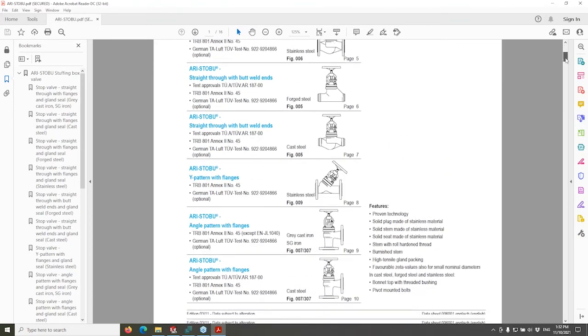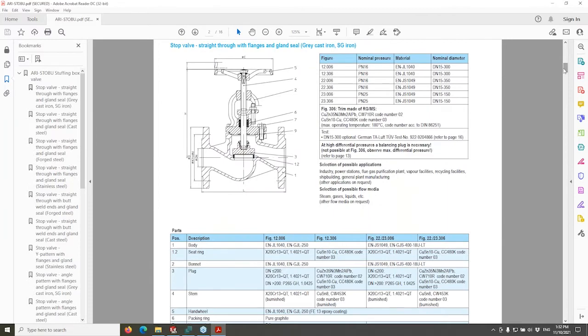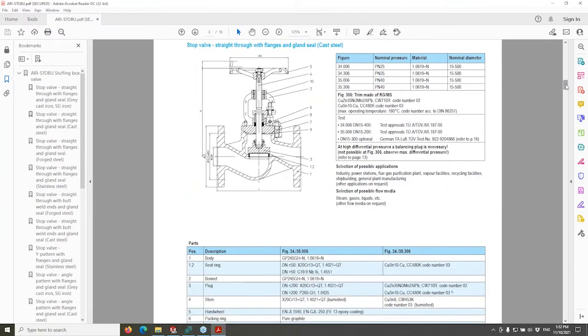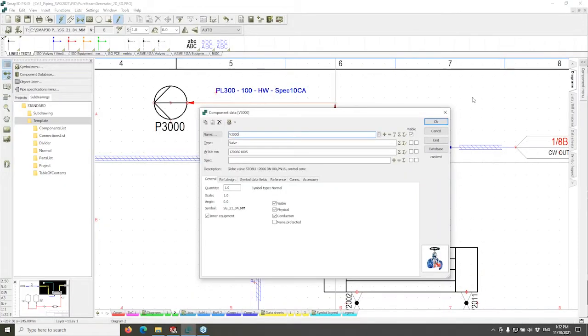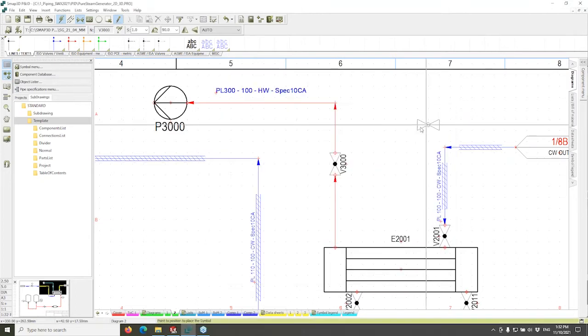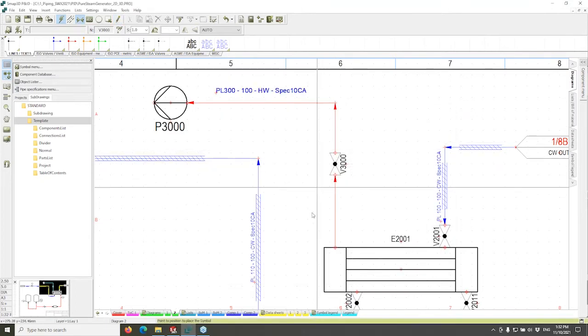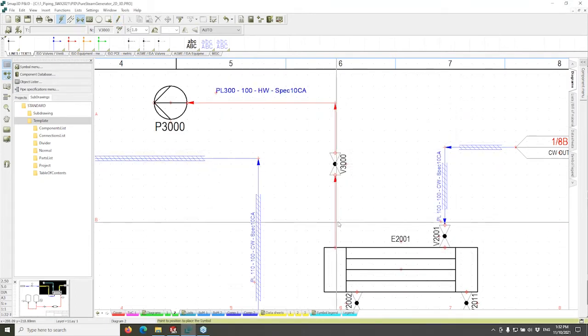And so I see the spec sheet from the manufacturer that has all the details right there. I don't even have to do a web search. It's right there at the engineer's fingertips anytime that they would need it. So this is very handy as well. All right, and so it goes ahead, it rotates the symbol into position for me,